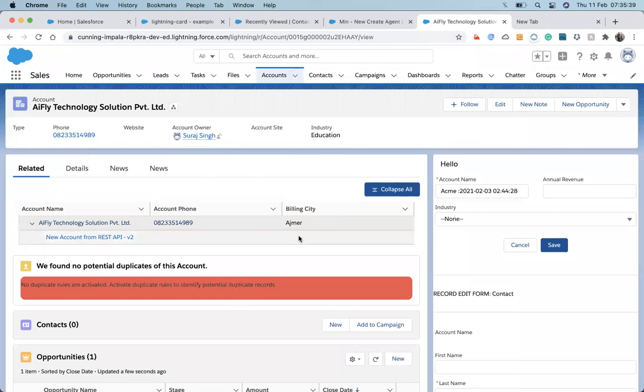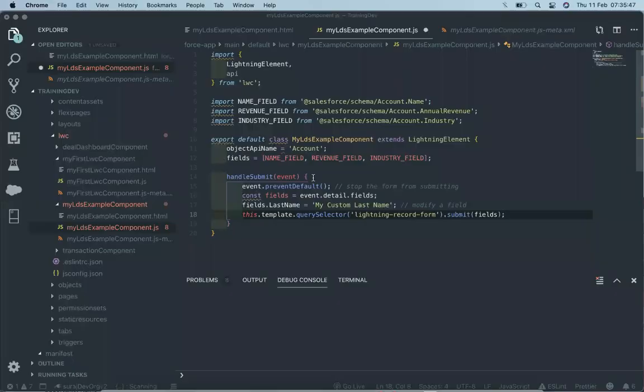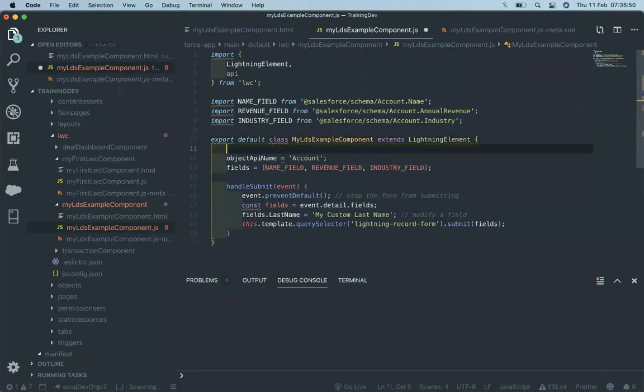The detail page record will become the parent, and our component will become a child. There is a property called recordId, just like in the Aura component. Whenever we use a form inside any record detail page, we have the recordId property, and similarly it is also available here.